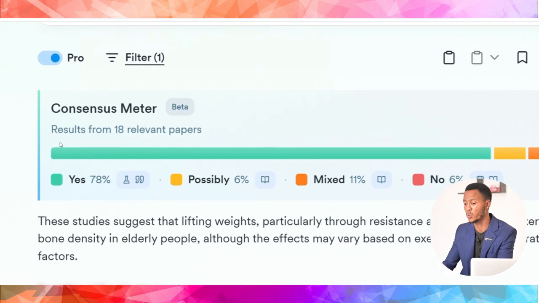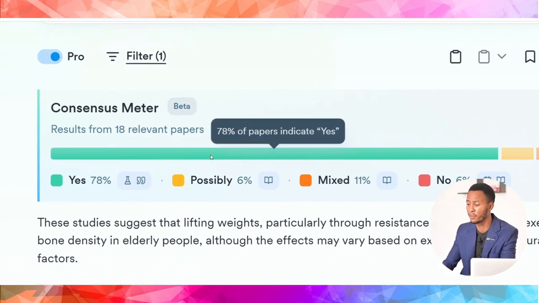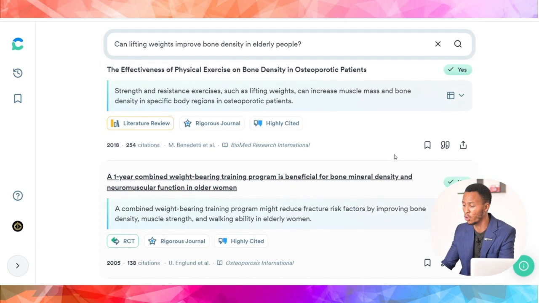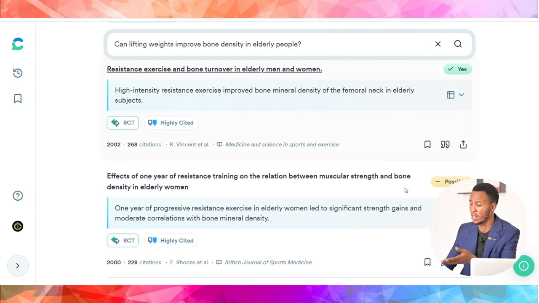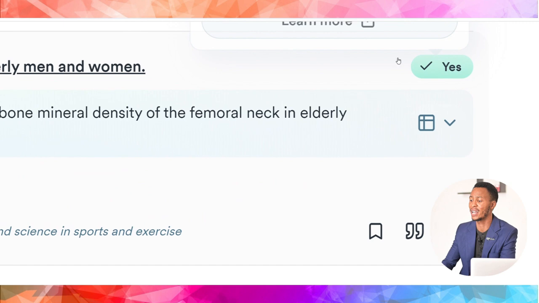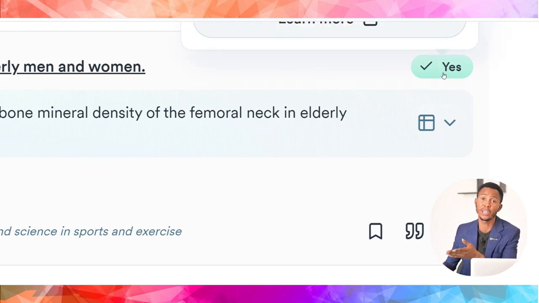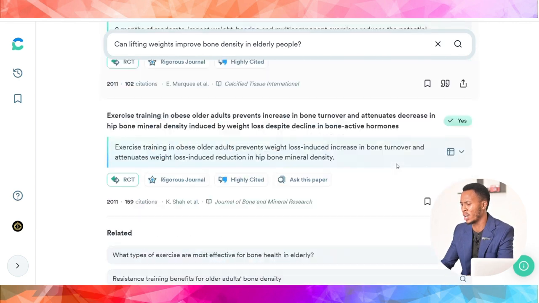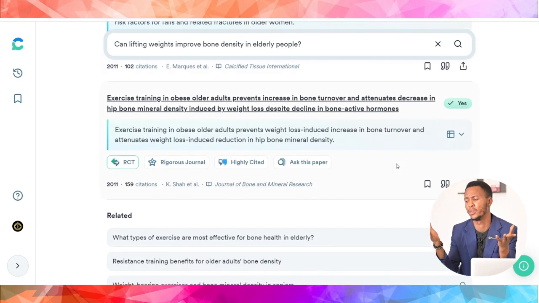From the consensus meter, you're going to see the green and the other colors that we have here. When we look at each of our generated research papers, you tend to find that the one that has yes is going to show the same green color. That is to say that this research paper is part of what makes up the yes aspect on your consensus meter. All right, so here we have possibly,